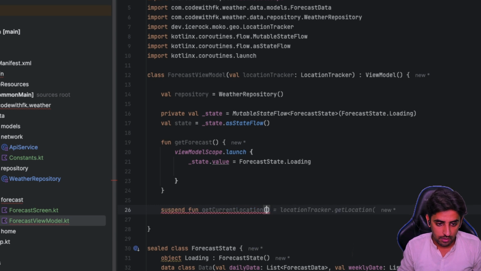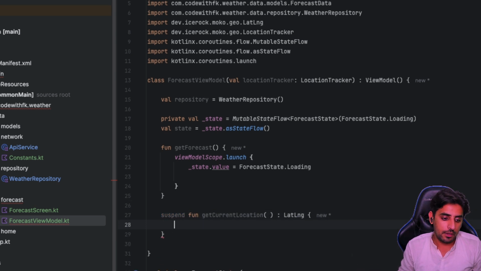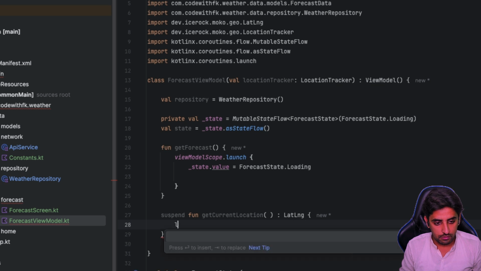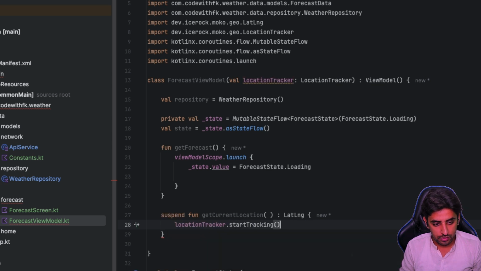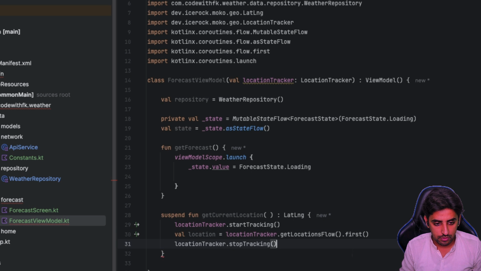Okay, and it is supposed to return a lat long. Now over here, what we will do is that we will say location tracker dot start tracking. Then we will say location dot get location flow dot first, and then we will stop the tracking, and then we will return the,